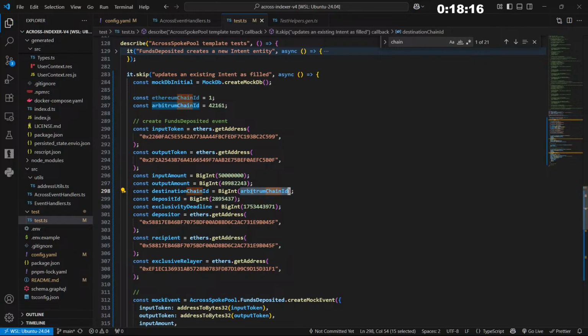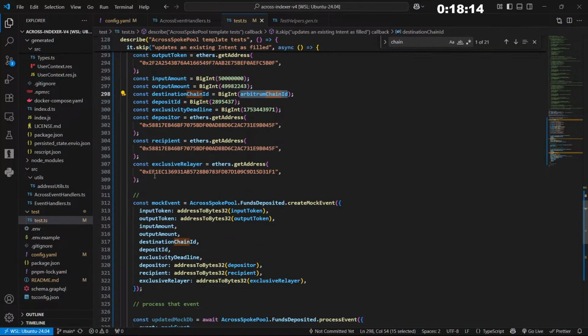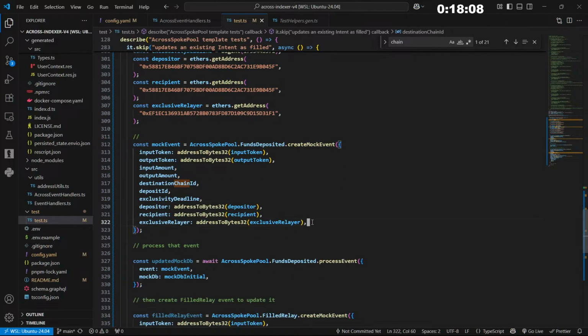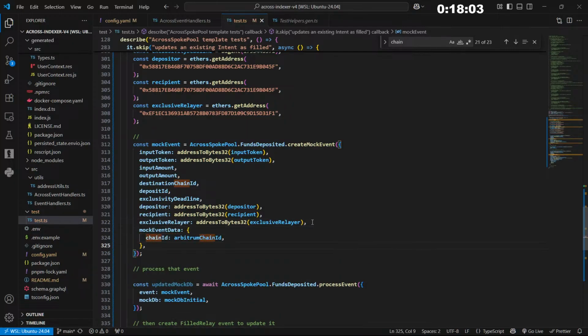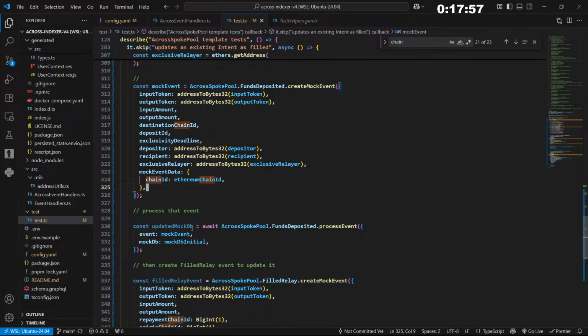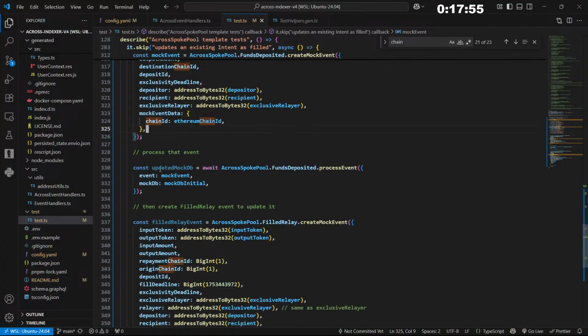Here we are passing Arbitrum chain ID, and mock event is going to be emitted on Ethereum. Next is